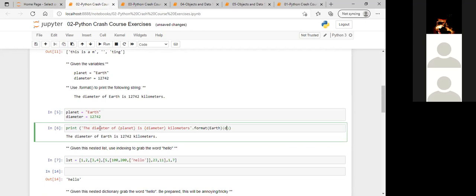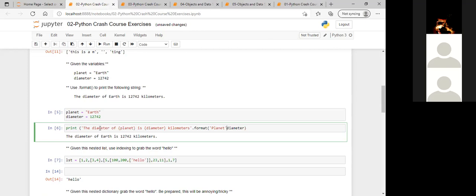So Earth, first of all, should be a variable. But you have already given a planet name, which should it refer to? So just write planet as a variable, because planet is a variable. Okay, so above you have defined planet and diameter both, right? So I should just be using planet and diameter names. Even if the planet is changed, it will take it. Yes. So just write planet and diameter without quotes, just like the variable names.